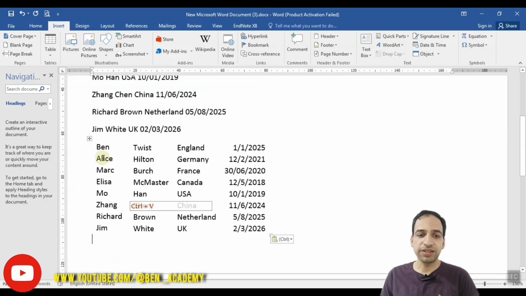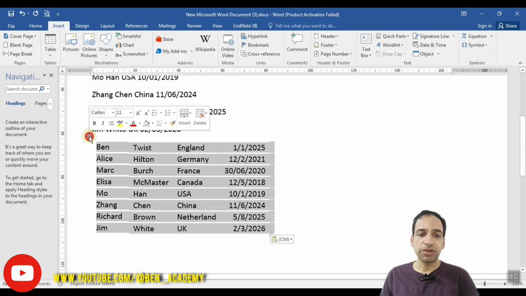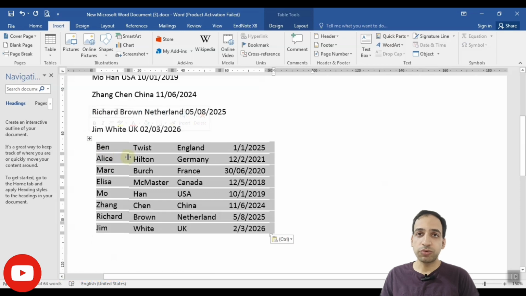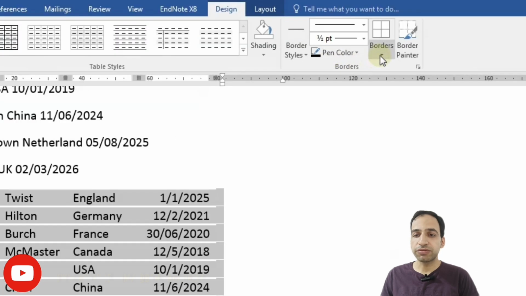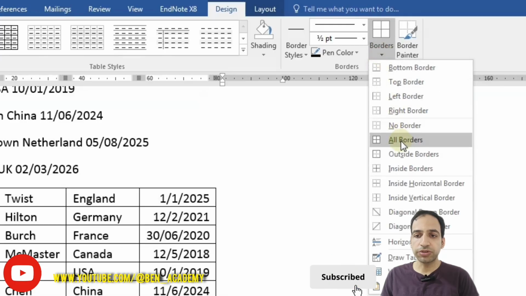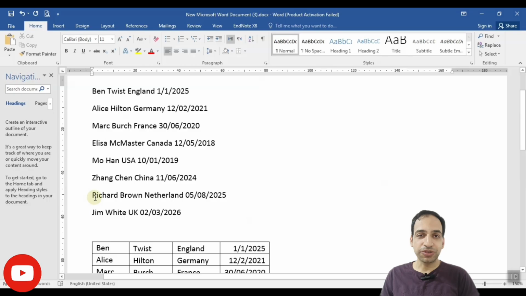that they are separated and a table is provided here, but only the borders are hidden here. There is no border for the table. If you select the table and go to Table Tool, you can add the borders with this menu, Borders. You can use all borders, or you can adjust the required border you want. But without helping the other programs, you can do it instantly in Microsoft Word by selecting the text and going